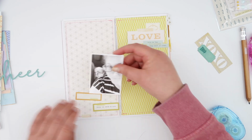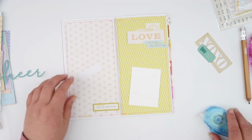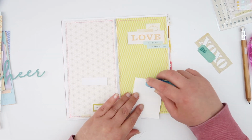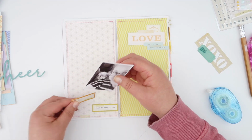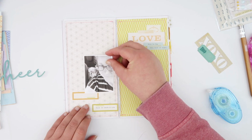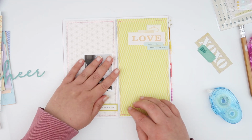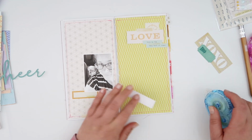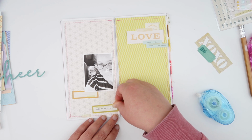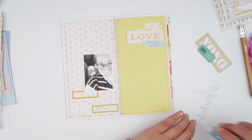So there's a little bit on that love die cut, but I've also added in some of that teal with just another little sentiment on there, and I'm doing the same thing down here on the left. So I'm adding all of those colors. This little label is really just going to be a background piece to my title, but it gives me that wee pop of orange. I've got this little sentiment here which has again that kind of greeny citrony color,